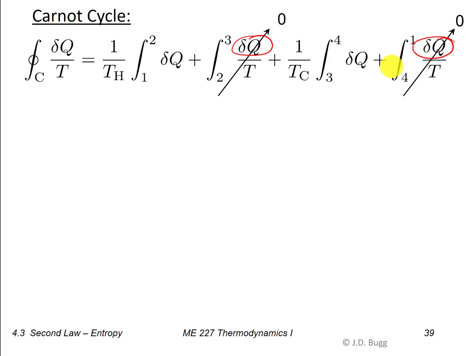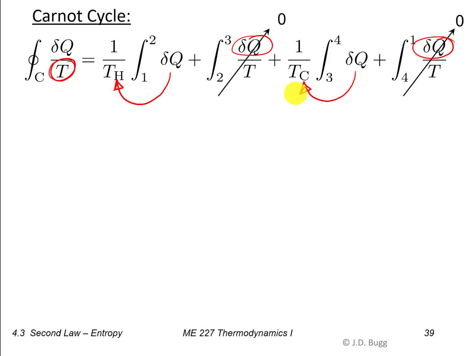The other two processes, 1 to 2 and 3 to 4, remember that those are constant temperature processes. So what we've been able to do, and it's already shown up here in our notation, is we've taken the temperature that used to be inside of the integral and we've been able to move it outside. So 1 to 2 is happening at a temperature TH, and 3 to 4 is happening at a temperature TC. So we've got rid of two of the four integrals, and we've simplified the other two by recognizing their constant